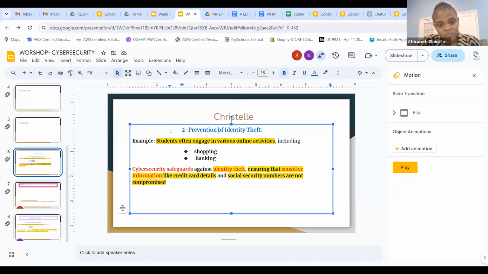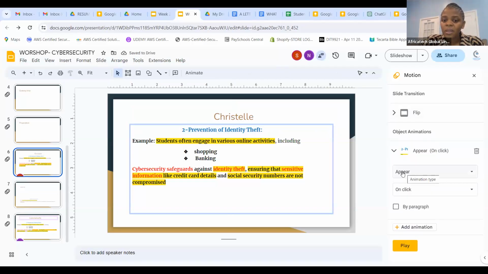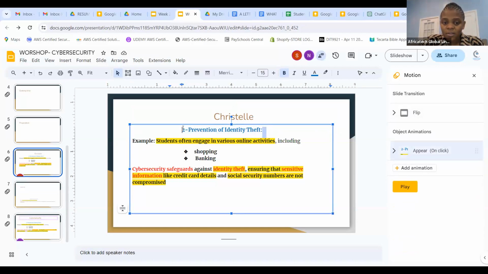Let's do this. So now, the animation. Look at the animation, what I'm doing right now. Slide transition, we work on that. Object animation is add animation. Look where I am right now. For the slide, it was a flip. It was flipping like this. That's fine. Now the object is everything that is inside. If I want it to be animated, something. So now I want this one. Control Z. If you make a mistake and you want to go back, you just press Control Z. So now, object animation.